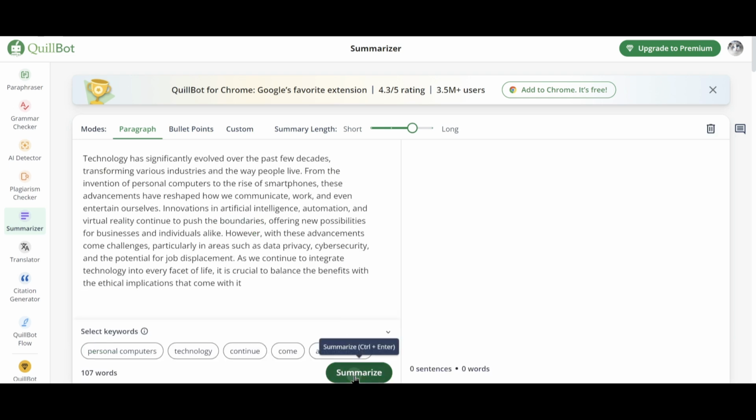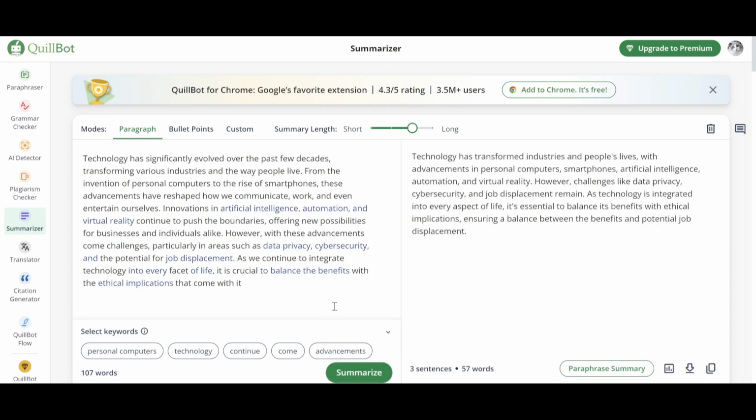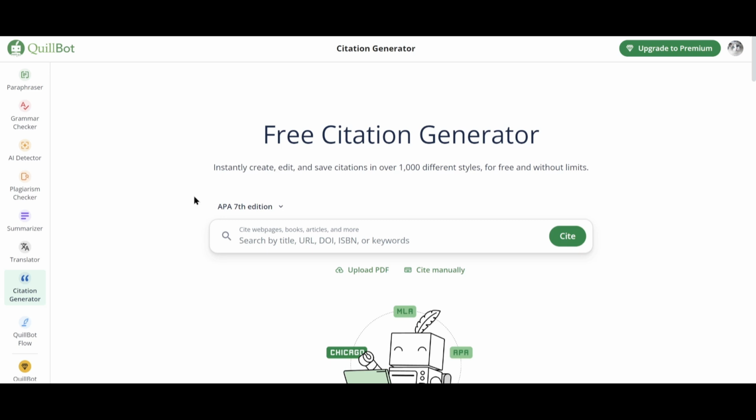Whether you're a student, a professional, or just need a quick overview, QuillBot's Summarizer has got you covered. This feature is perfect for anyone looking to save time and get the key points from articles, reports, or any lengthy text. Now that we've explored the Summarizer feature, let's shift our focus to another incredibly useful tool, QuillBot's Free